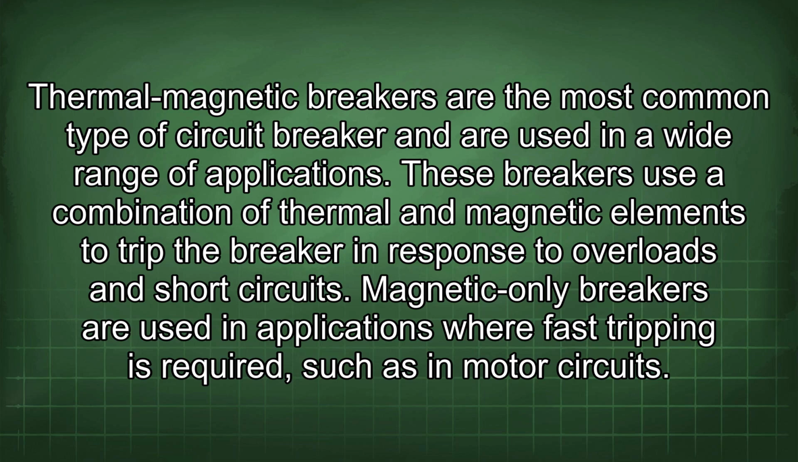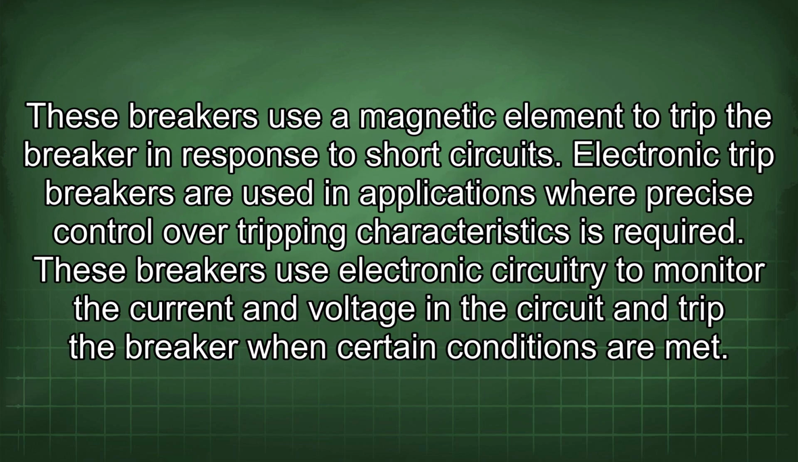These breakers use a combination of thermal and magnetic elements to trip the breaker in response to overloads and short circuits. Magnetic-only breakers are used in applications where fast tripping is required, such as in motor circuits. These breakers use a magnetic element to trip the breaker in response to short circuits. Electronic trip breakers are used in applications where precise control of tripping characteristics is required. These breakers use electronic circuitry to monitor the current and voltage in the circuit and trip the breaker when certain